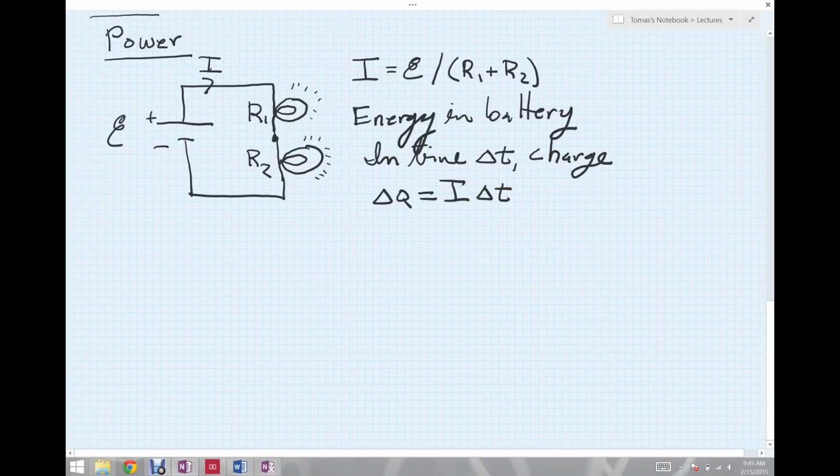That charge in that time interval delta t gets moved, pumped from the bottom of the battery to the top of the battery by that chemical reaction. And it's moved through a voltage